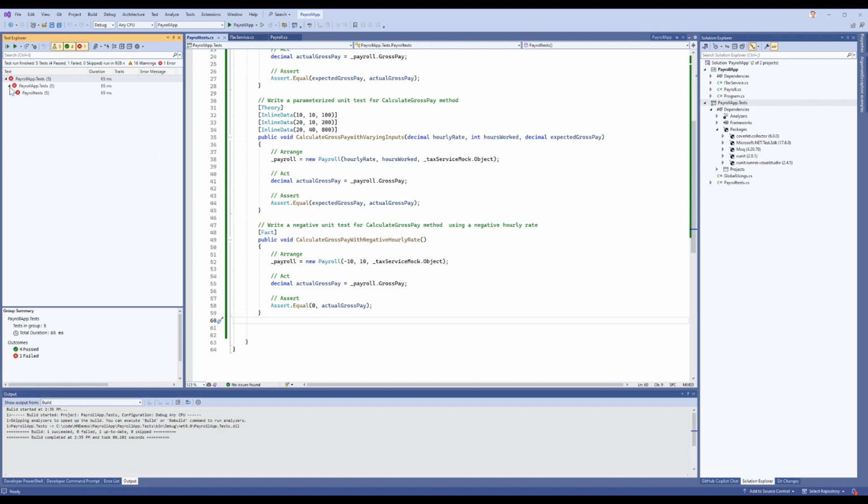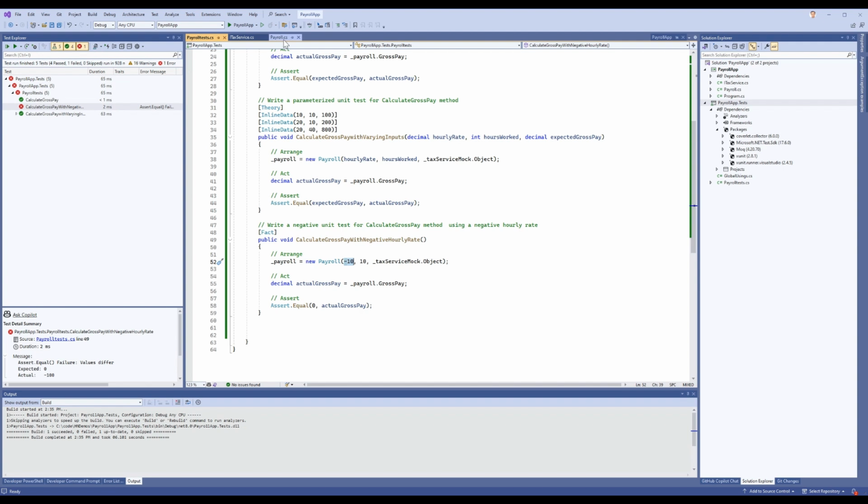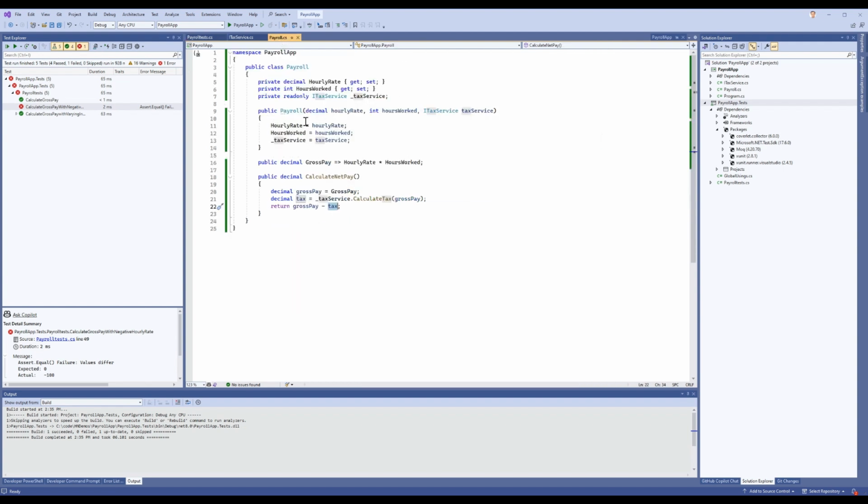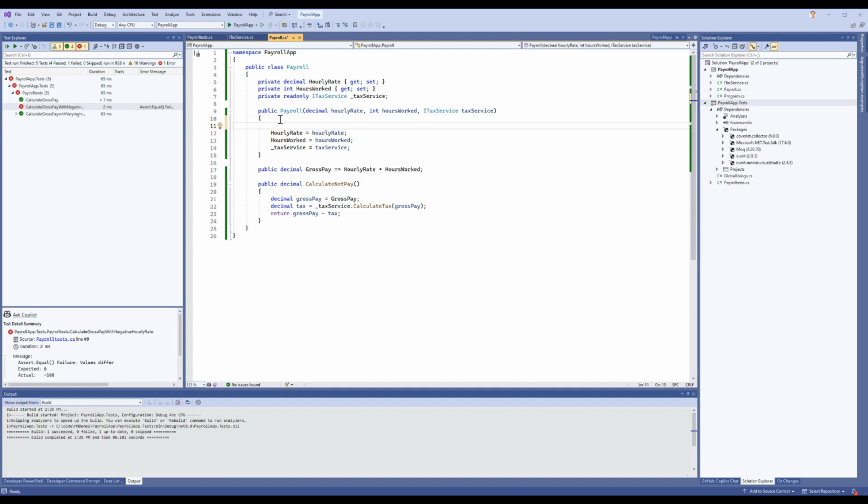And our unit test has just failed. Let's look at why it has failed. The reason is that we are not handling the negative scenario. Our unit test has uncovered a problem with our class. So let's go ahead and fix it. When we are initializing the payroll, we also want to ensure that the hourly rate defined is not negative. So let's hit enter and try typing an if condition to validate it. And there we go. The moment I type if, GitHub Copilot automatically gives a suggestion of handling this negative scenario,